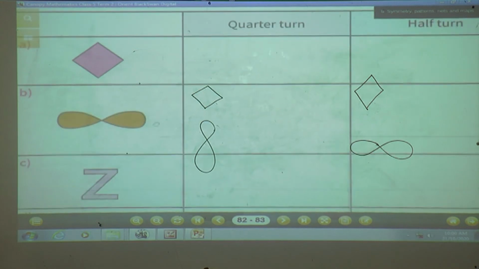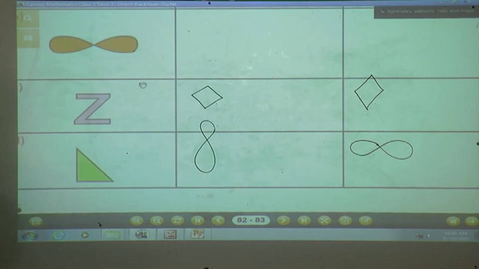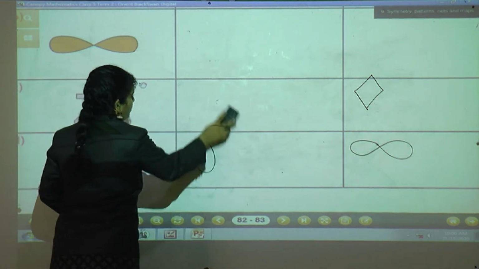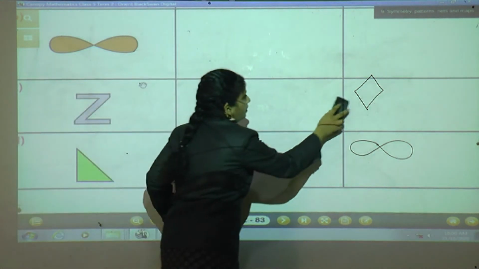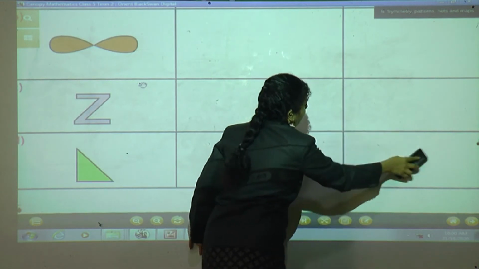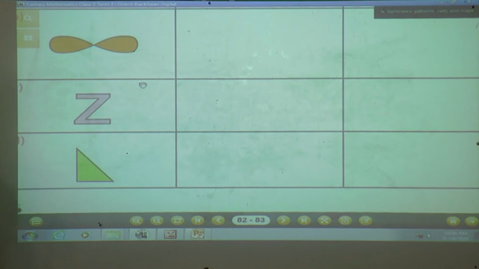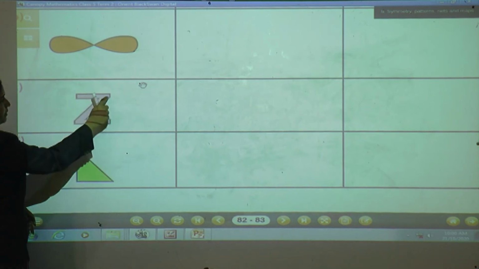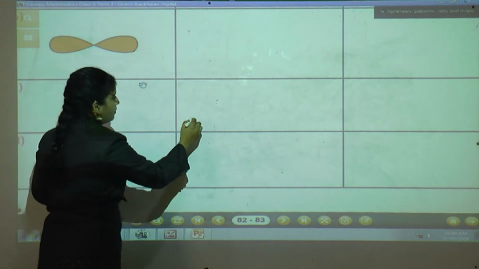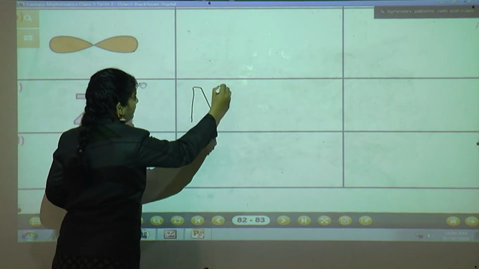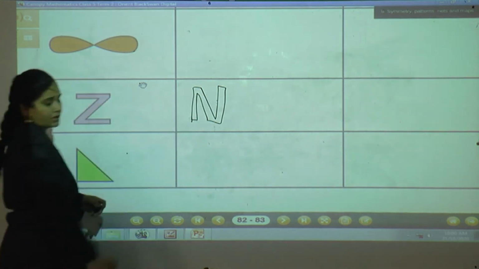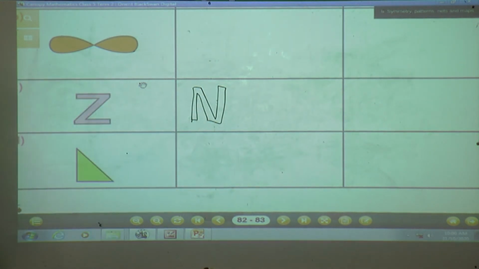Okay, now here C1, see, quarter turn. So imagine the figure after a quarter turn, yes, and tell me the answer. Quarter turn, that means this side will go up, this side will come here, so that's why it will look like N, isn't it? And now for a half turn, yes students, for a half turn how will it look? So tell me the answer fast. It will look the same.